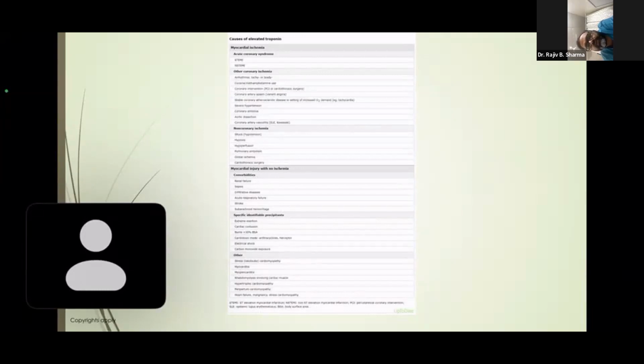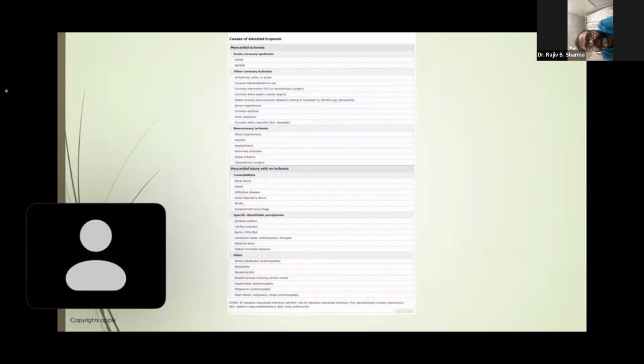elevate cardiac enzymes. So the other causes are renal failure, sepsis, almost universally sepsis, and COVID did elevate cardiac troponins, and patients with elevated troponins had worse outcomes. ARDS, stroke, subarachnoid hemorrhage. Now you will say, there is injury in the brain, why should troponins get elevated? You are saying that in stroke cardiac enzymes get elevated. So it happens due to dysautonomia. So autonomic dysfunction causes excessive sympathetic discharge at the myocardial level, and that is how subarachnoid hemorrhage and stroke elevate